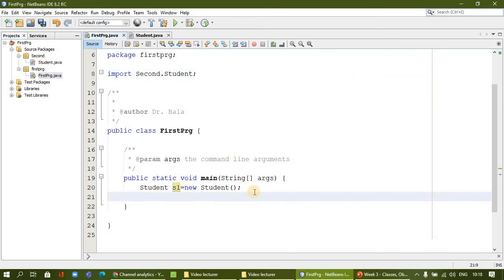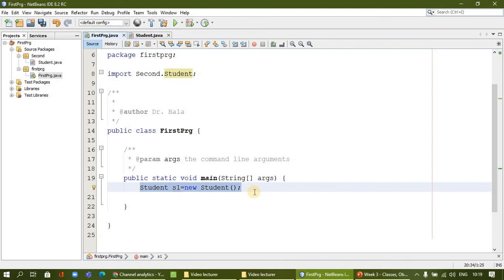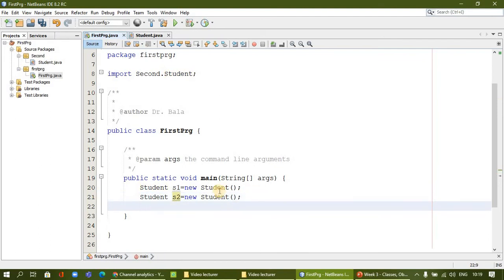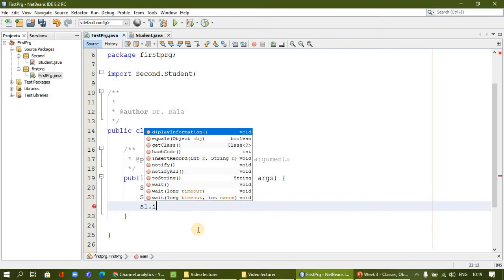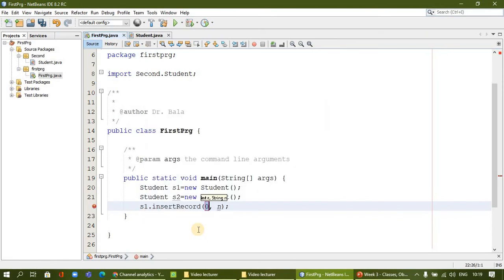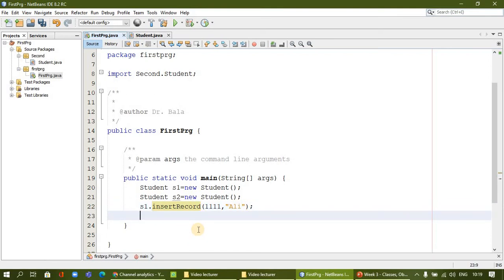Okay, the same way I'm going to create another object, copy paste. I'm going to say, for example, S2 object. So I'm going to create many instances of an object. Okay, so now what I will say, S1.insert. I'm going to insert the values, for example 111, and pass one student variable value, for example 111 is Ali.